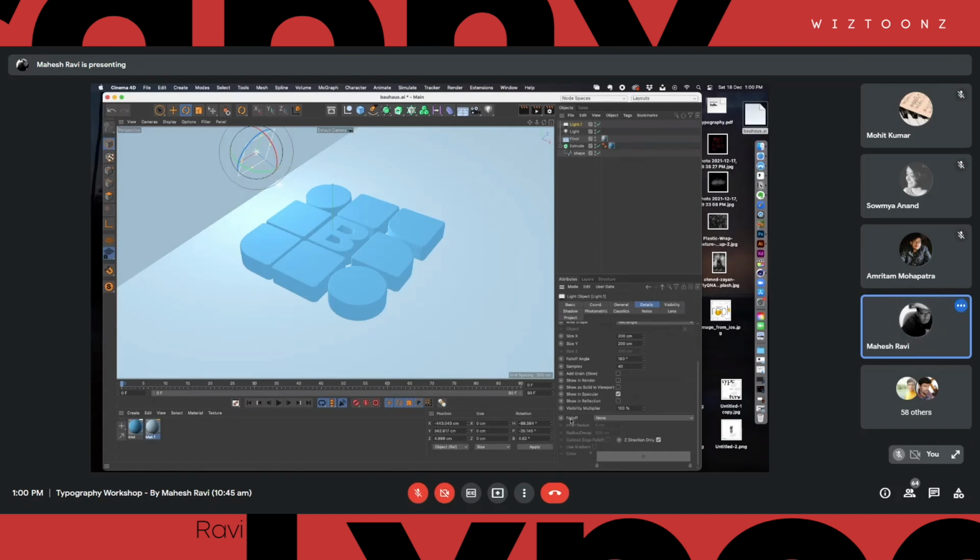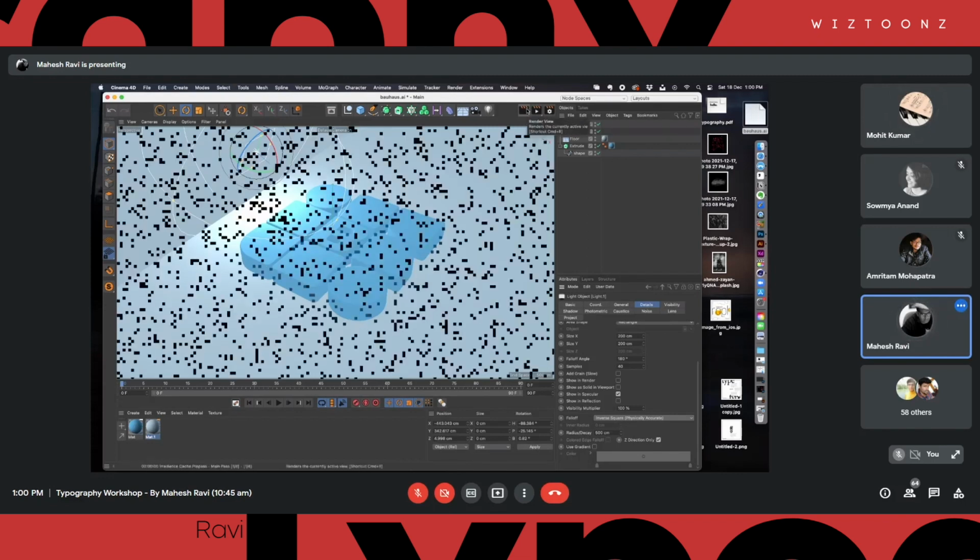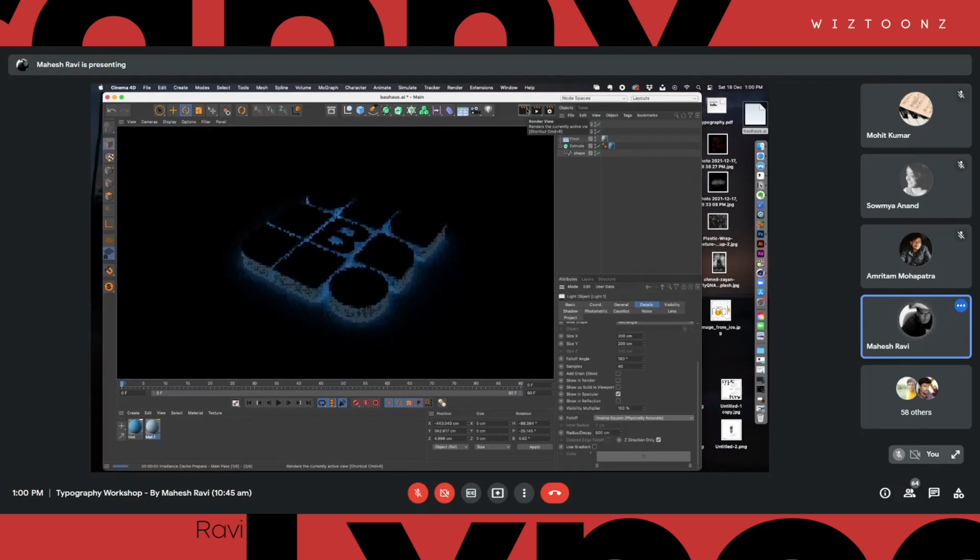So if I turn on the fall off and I say that it should be physically accurate, you can see this effect. Can you see this? Did you notice the difference? So it was none, right? It was evenly lighting everywhere, but I actually turned it to physically accurate. Which means that if there is a physical light really here, this is how it will affect the 3D objects, right? So I created a layer, fall off like that. And if you render it right now, it is going to be much more physically accurate. The 3D is going to be much better than what we do normally, or in any other tool like Photoshop or Illustrator, it is going to be much more perfect in here. Let's take a look at the final output.